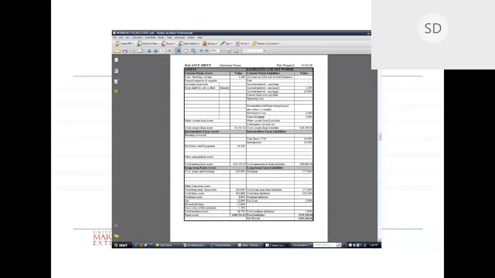I mentioned the balance sheet a couple times. Again, it's generally a financial document that's completed at a certain time. So this is a snapshot in time of the assets and liabilities and the net worth of a business. Again, these are really great to do annually at the same time of year, because that really gives you a true picture. So if you do it at the end of December 31st of every year, or the end of December, beginning January of every year, you really can get a snapshot over time of how the net worth of the farm changes.